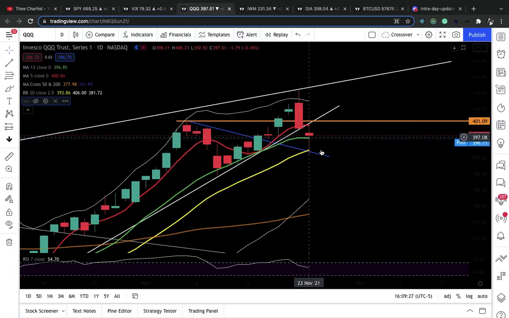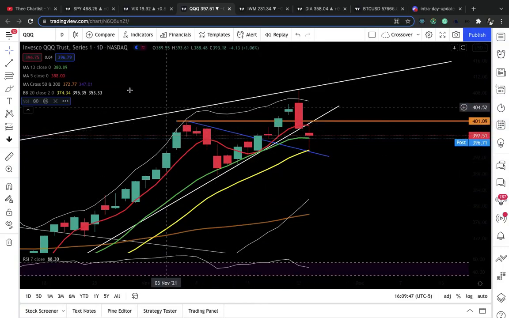QQQ, very interesting. It broke down from this breakout level right here, bearish. It opened below this support line right here, retested it, which also was the 5-day moving average, bearish. But look at where it bounced from. You see this blue line,